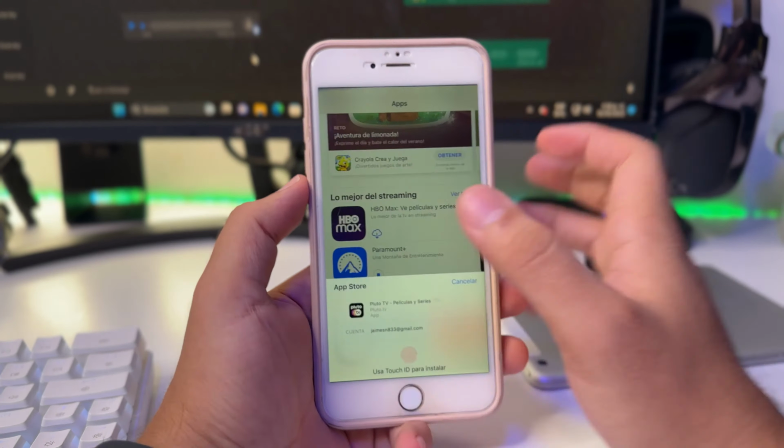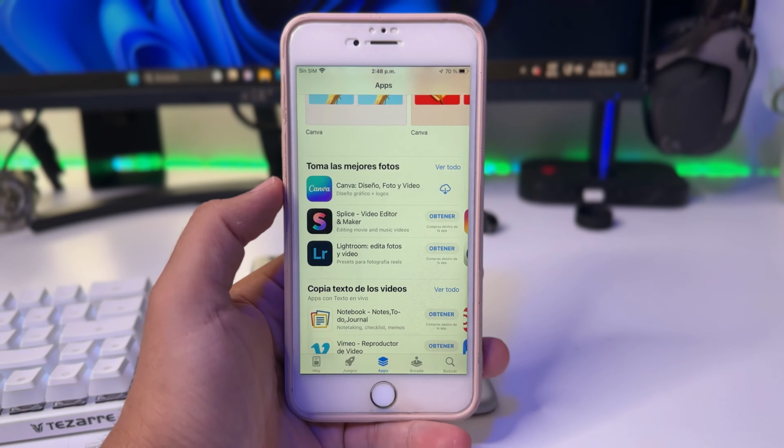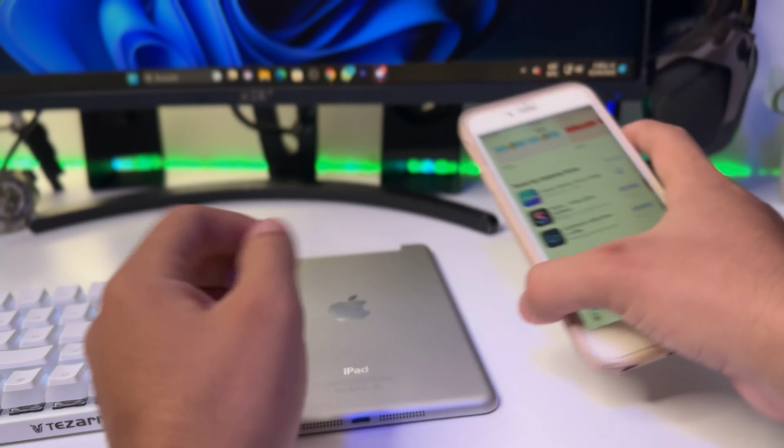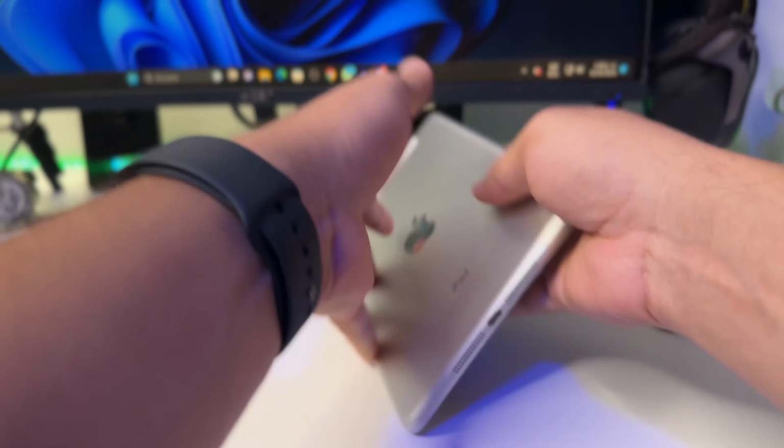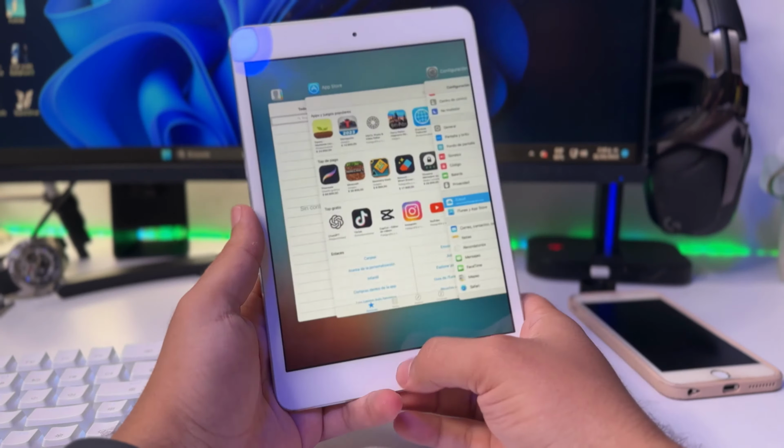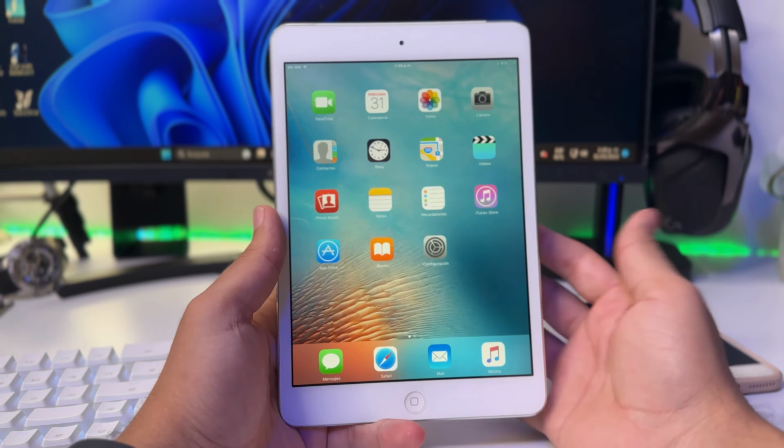In my case, I'm going to download a couple, and when I'm done, we'll continue. Alright guys, once we've downloaded the apps we want, what we're going to do is move on to our iPad. On our iPad, we're going to close all the apps we have open and make sure that we're signed in